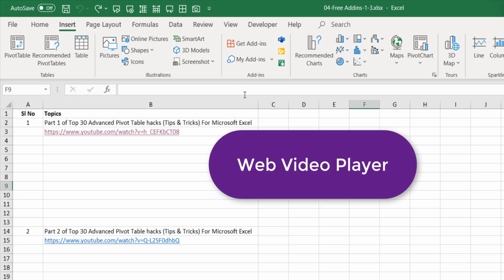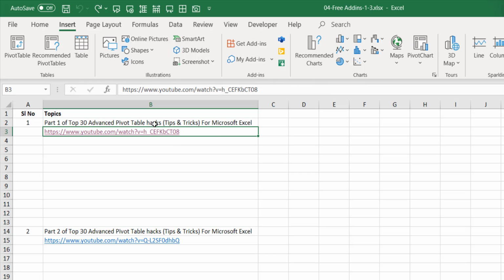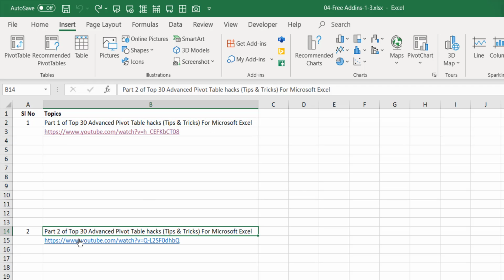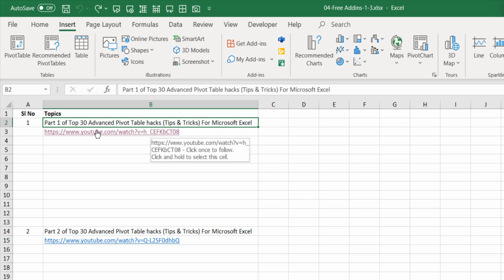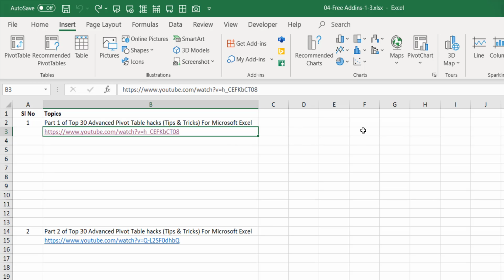The first one we are going to see is the web player. Say you are preparing some manual or some other document and you want to give a YouTube link for that. Suppose this is the pivot table video in YouTube and this is part 2 of the same video series. I can give it like this. So this is a topic name and this is the YouTube link. When I click on this, it is going to open in a different web browser and play there. Instead, if I want to play within Excel itself, I can add a web player